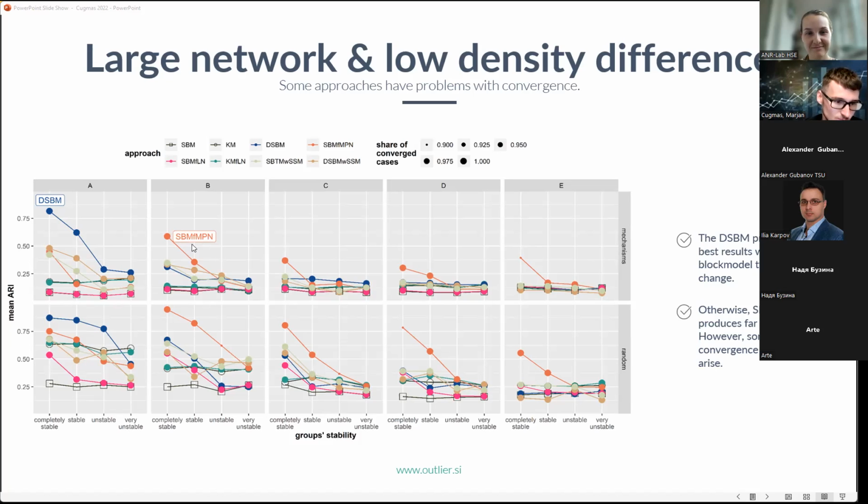Okay. Yeah. And you can also check, you can also draw the block model type for each time point and see whether it changes a lot or not that much. One important thing to consider is that dynamic stochastic block model